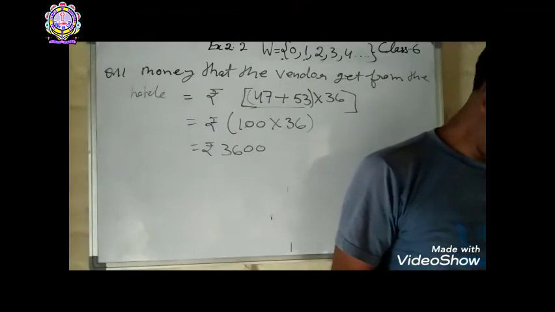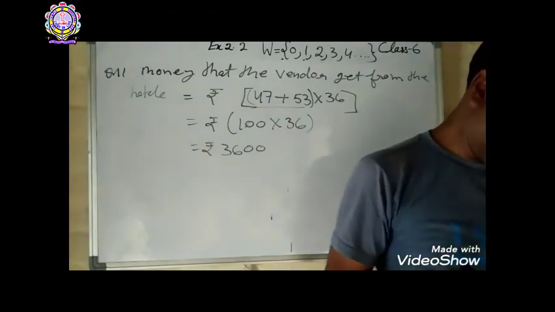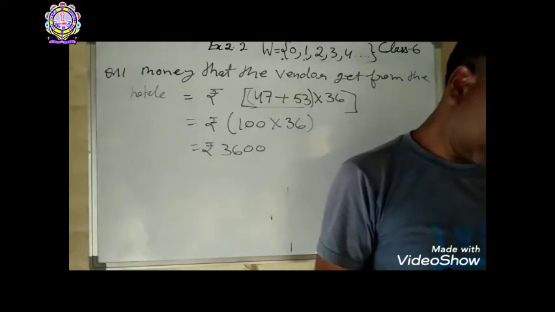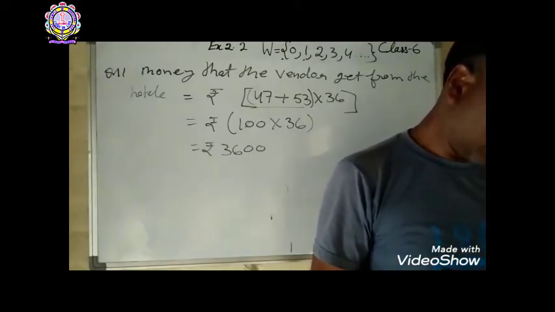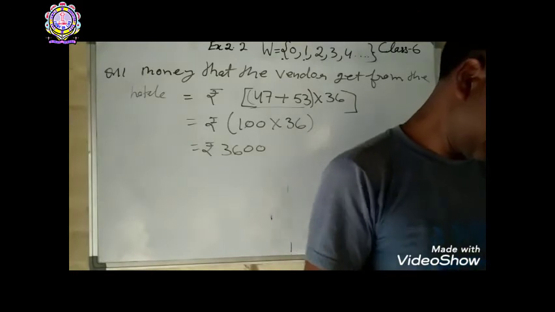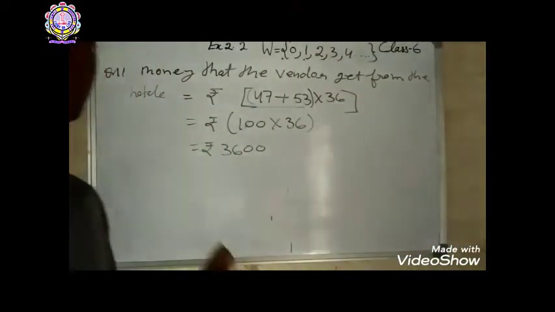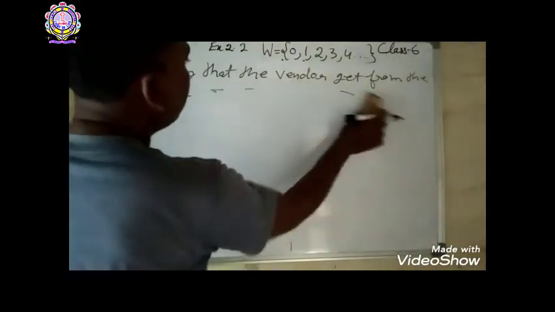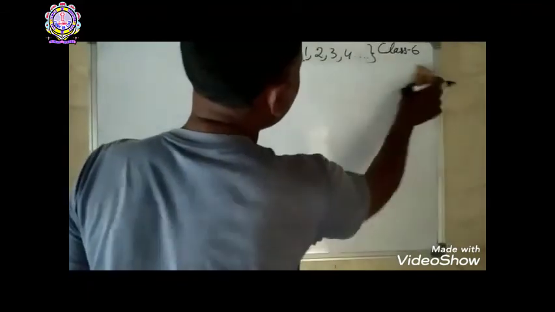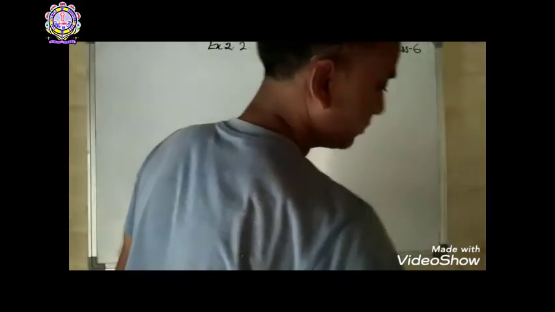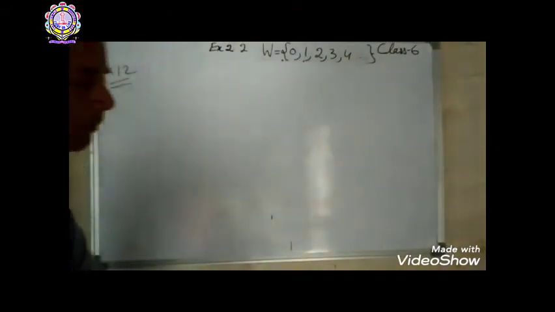Next question, question number 12. A dealer buys 98 refrigerators. If the cost of a refrigerator is rupees 16,008, find the total cost of 98 refrigerators. And mark the property also. Which property? Distributive property of multiplication over addition. The property must be stated. So this is question number 12.